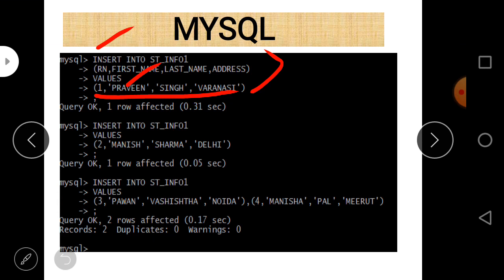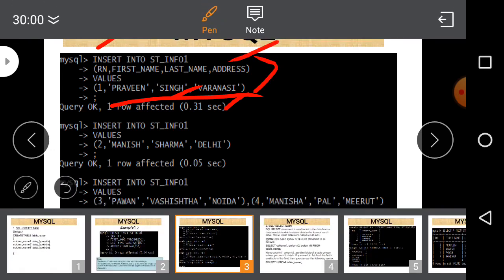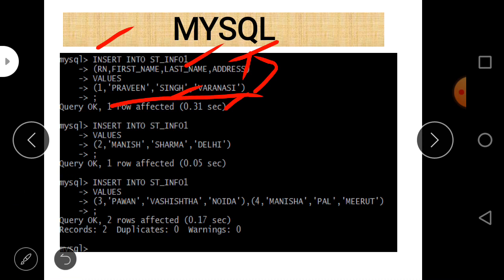So the value of roll number is 1, name is Praveen, last name is Singh, and address is Varanasi. So these are all the values regarding different column names of table stu underscore info.